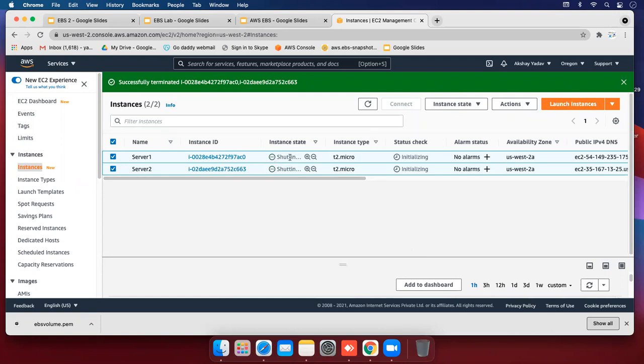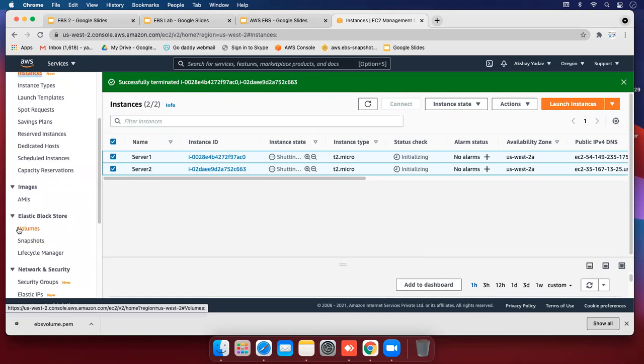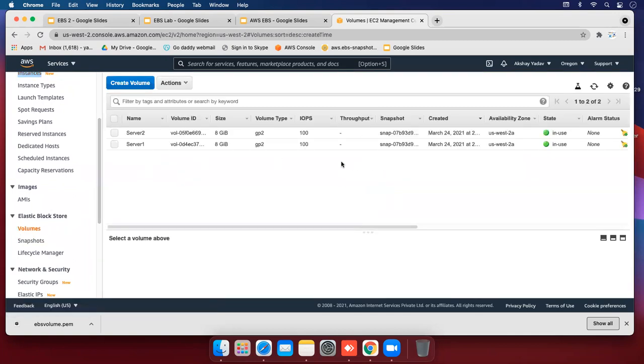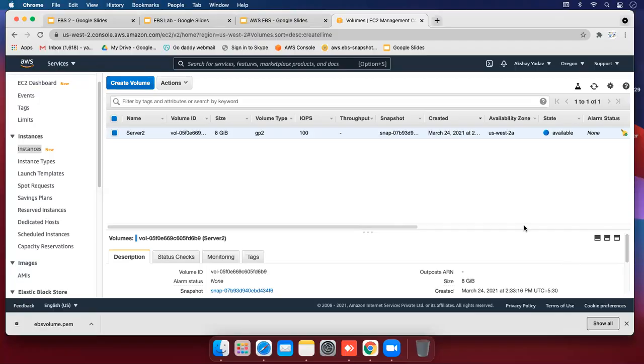Shutting down, the instance state is shutting down, and let's see into the volumes. So the volume is in use, and we can see the server 1 volume will be available next.